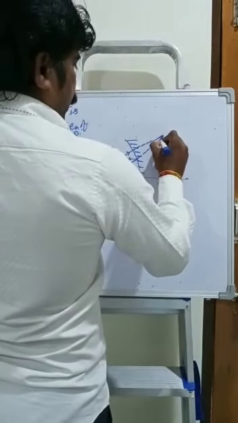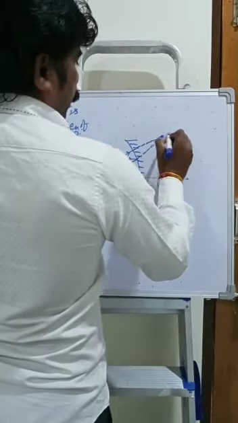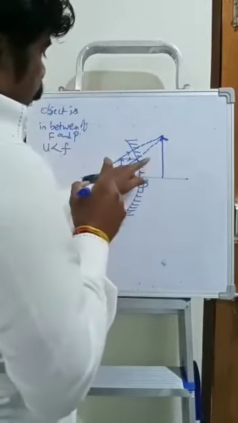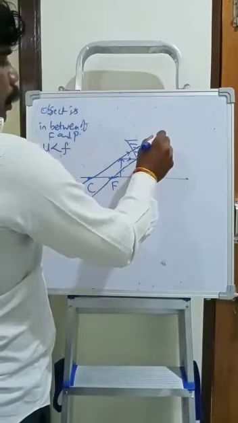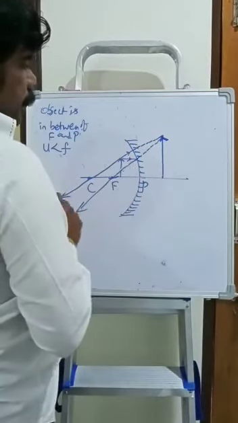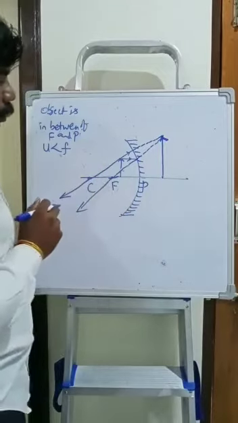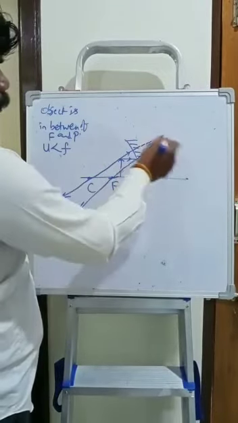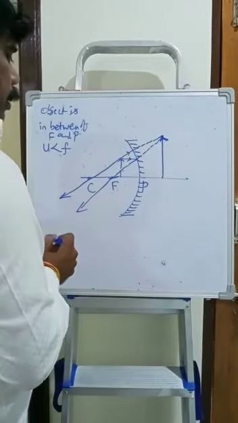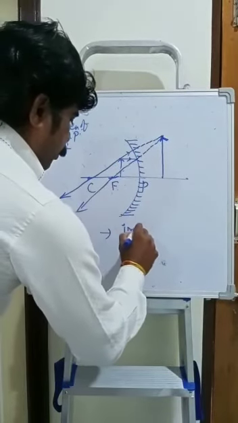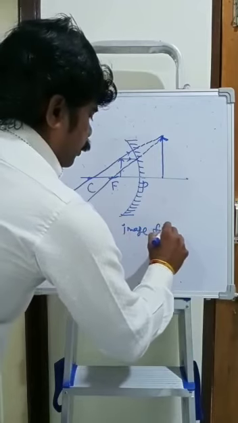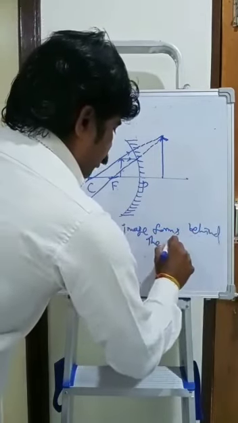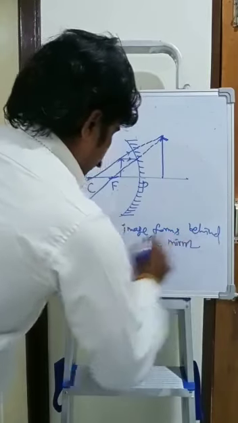The point of intersection is nothing but the location of the image formation. So in this particular situation only, the concave mirror forms a virtual image, because the image appears behind the mirror, so it is